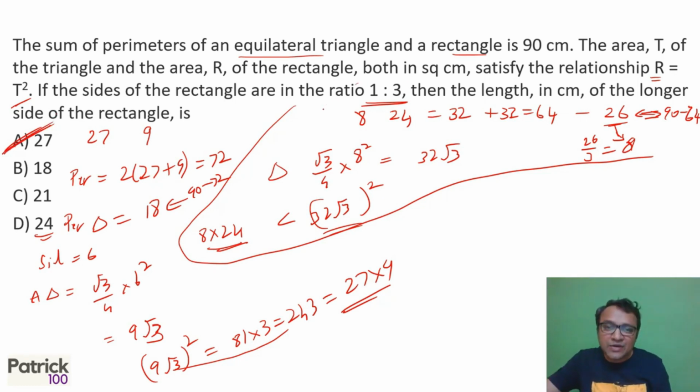So I realized in the first step itself out here, because the perimeter of the triangle is 26, it is not possible. But I still calculated it to find out whether the answer is bigger or lower. You realize that the area of the rectangle has to be bigger. Only option is 27, you can directly mark it. Or if you want to confirm it, solve, and you realize it gets confirmed. That will give you the answer.